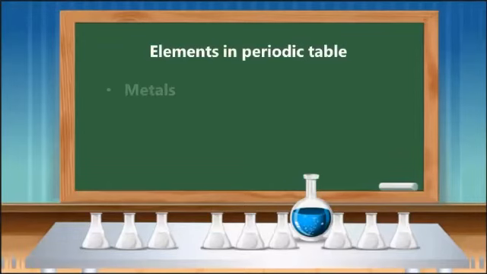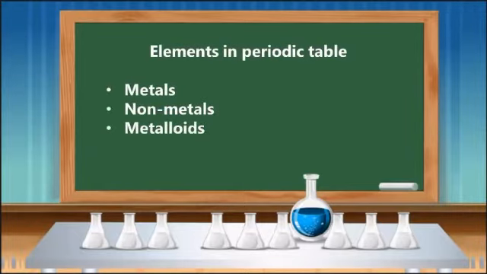Without further ado, moving forward, we have the periodic table of elements. As I said a while ago, we have 118 types or kinds of elements present in the periodic table, and those elements are classified into 3. We have metals, nonmetals, and metalloids. They are characterized according to their properties and their characteristics as well.